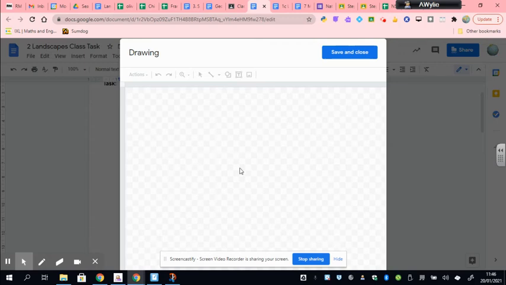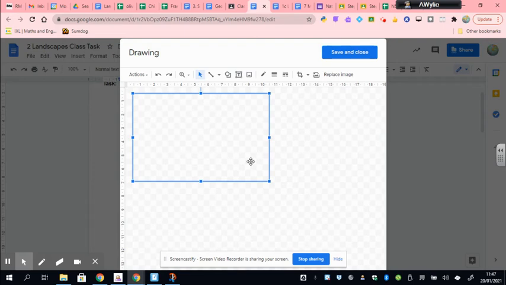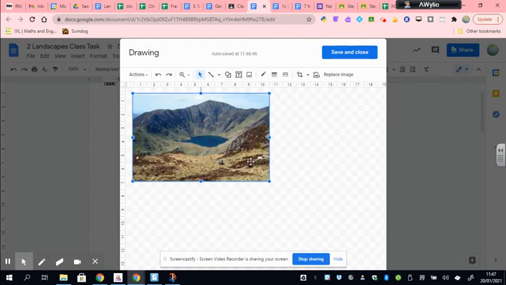Okay, once it's loaded up, we're going to paste that photograph we just cut into our Google drawing. There's two ways you can do that. You can right click and paste, and that will paste it. But you can also use the CTRL button and then press the V on your keyboard, and that's a shortcut for pasting. Now I'm just going to move my photograph into the middle of the draw tool